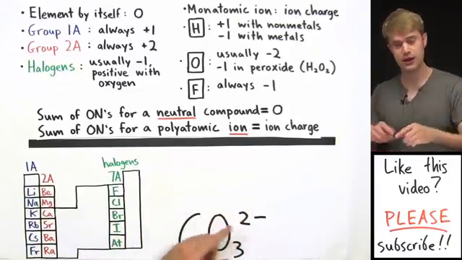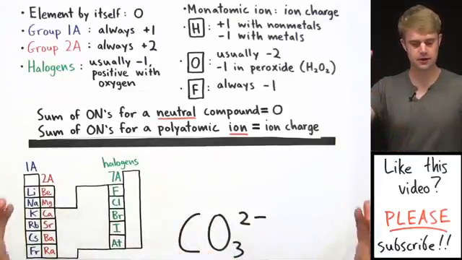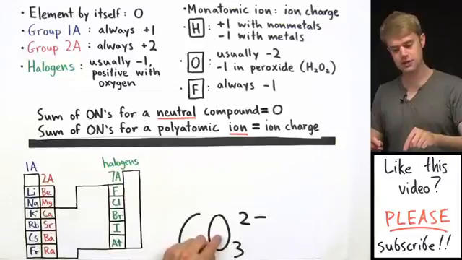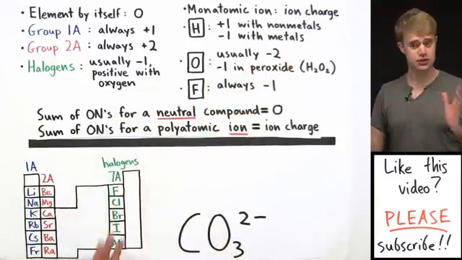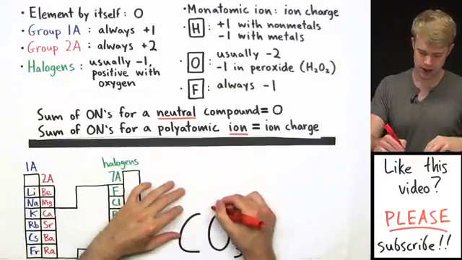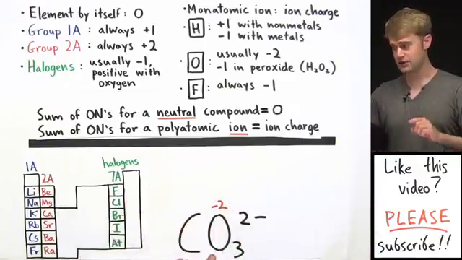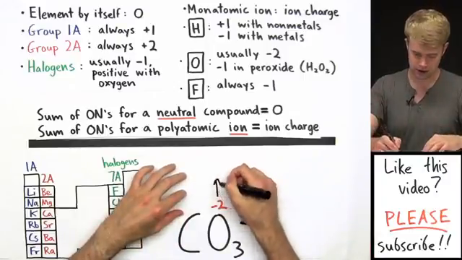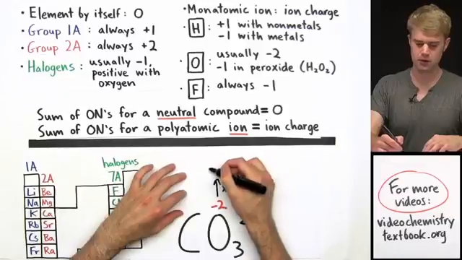We've got to take this into account when we do the calculations later. So carbon, C, there's not a rule for that, but we do know some stuff about oxygen. Oxygen is usually -2, except in peroxides. So that's what I'll put as its oxidation number here. Now we have 3 oxygens in this compound, so I'll do -2 times 3, which gives us